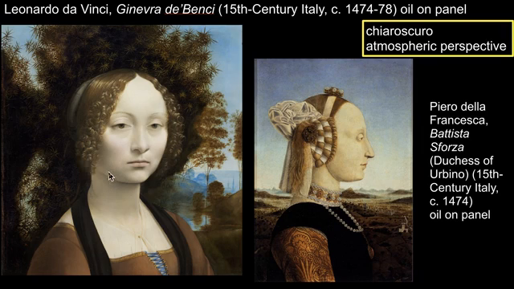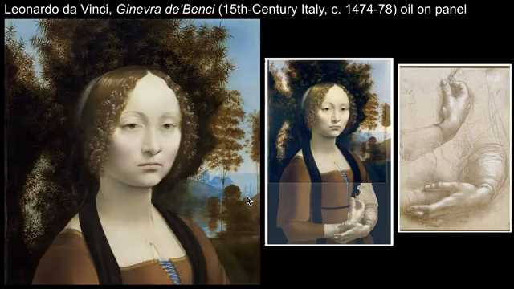light. He also uses atmospheric perspective, a way of showing the recession into space by making objects further away blurry and bluish, as you see in the landscape in the distance. The portrait has been cut down, meaning that at some point the wood panel was cut and we lost major portions of the image. Here you see a reconstruction of how it may have looked, with Ginevra's hands prominently placed, holding a sprig of flowers,